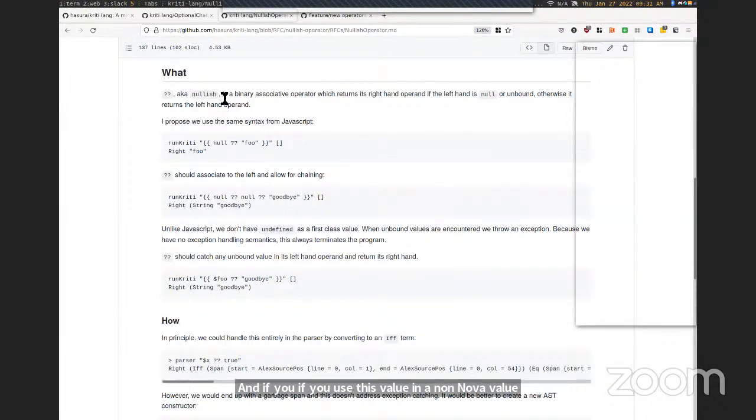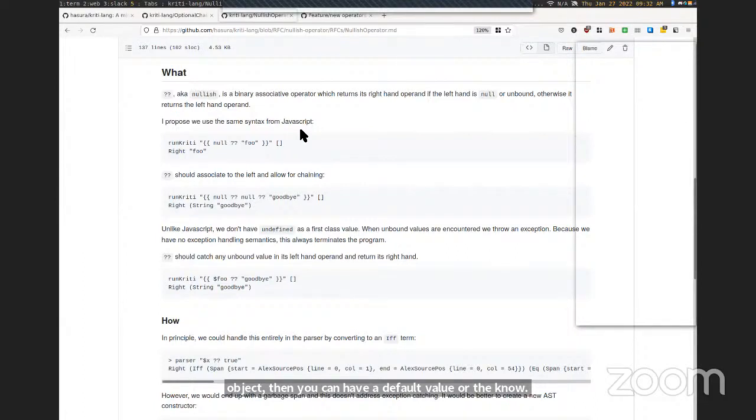So with the optional chaining, you can do a path lookup, and if the field is undefined in your object, then you can have a default value other than null. And it's associative, so you can chain these things along, and there's other little tricks you can play with it.